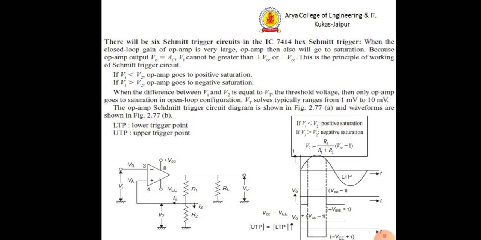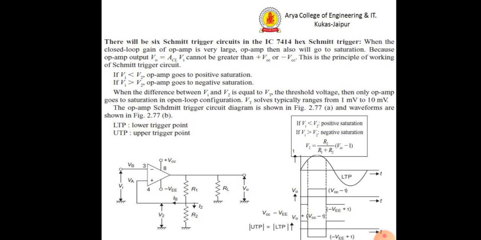Now, we will talk about the working of the Schmitt trigger. The input triggering pulse is applied to the inverting input terminal. The non-inverting terminal is connected to the junction of resistor R1 and R2. These act as a potential divider network from V0 to ground. The voltage at the non-inverting terminal is the voltage across R2 resistance, which you can see in the picture.